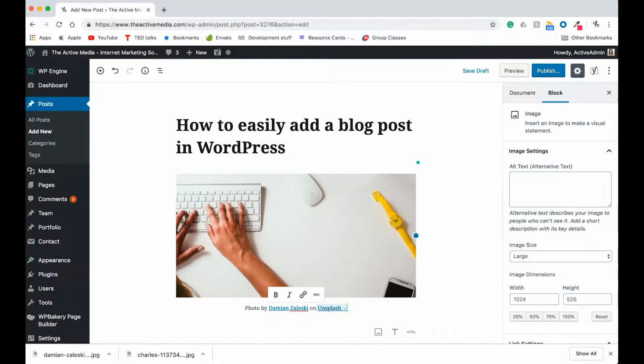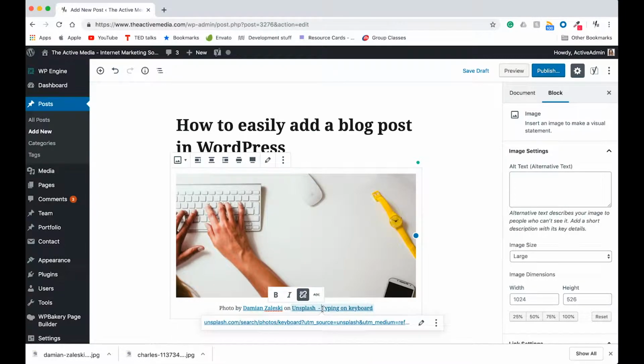You want to make sure, I messed up here. I should have removed the link. Like right now I have my alt text linking back to the photo, which doesn't make any sense. So I'm removing it. Sorry about that. So that alt text is in there just for ADA compliance, and it also shows any of my web viewers that maybe are hearing or visually impaired. It helps them know what that image is about. Also, Google loves alt